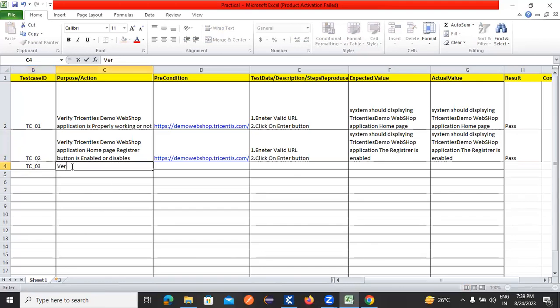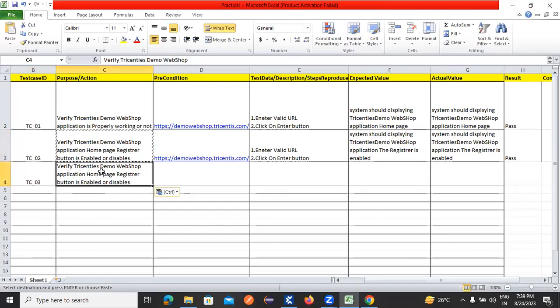Okay. Verify. Same process, guys. You guys are observe. Verify Tricentis demo web shop application homepage. Registered button, homepage. Okay. User able to